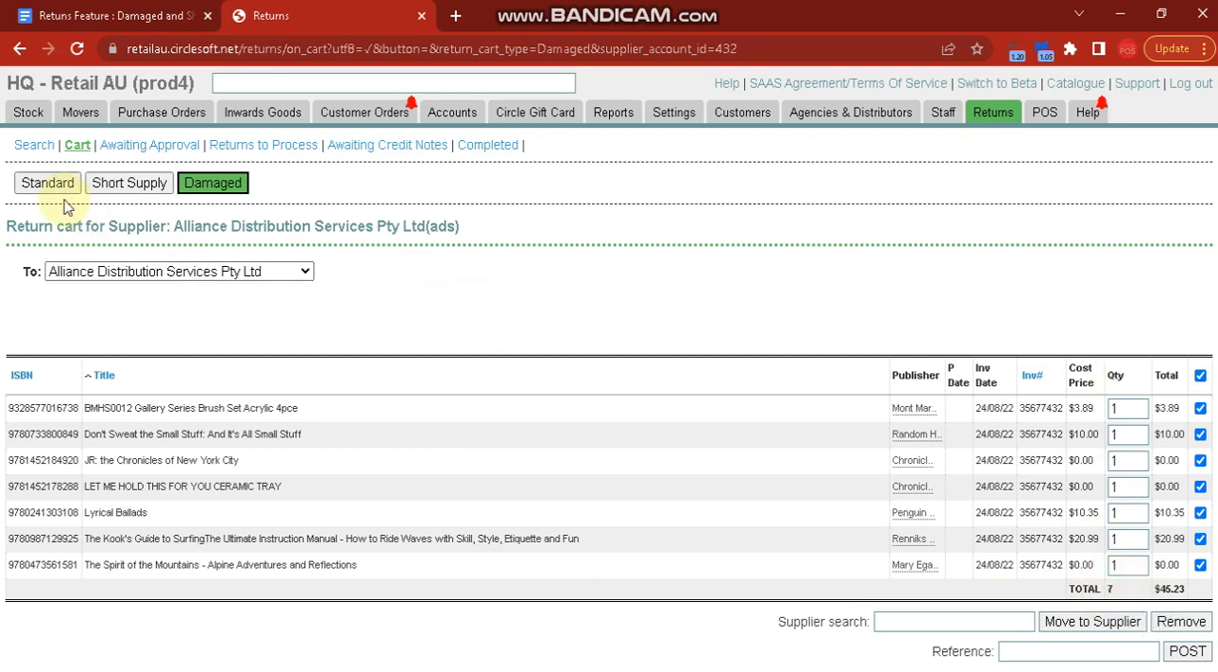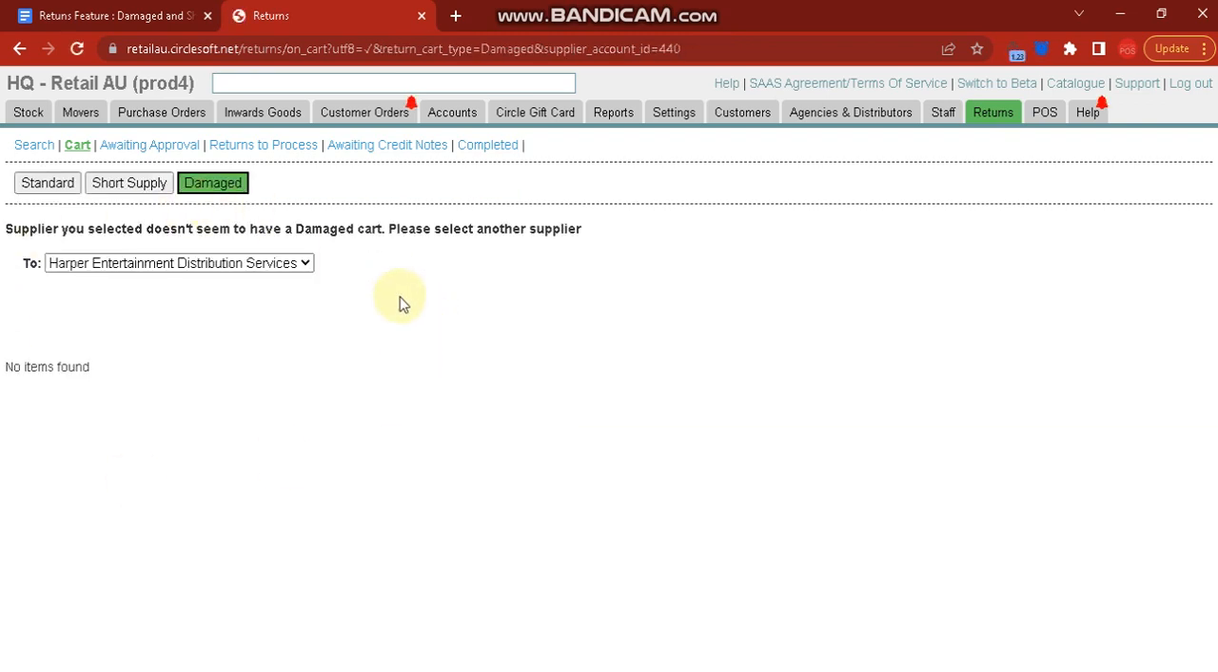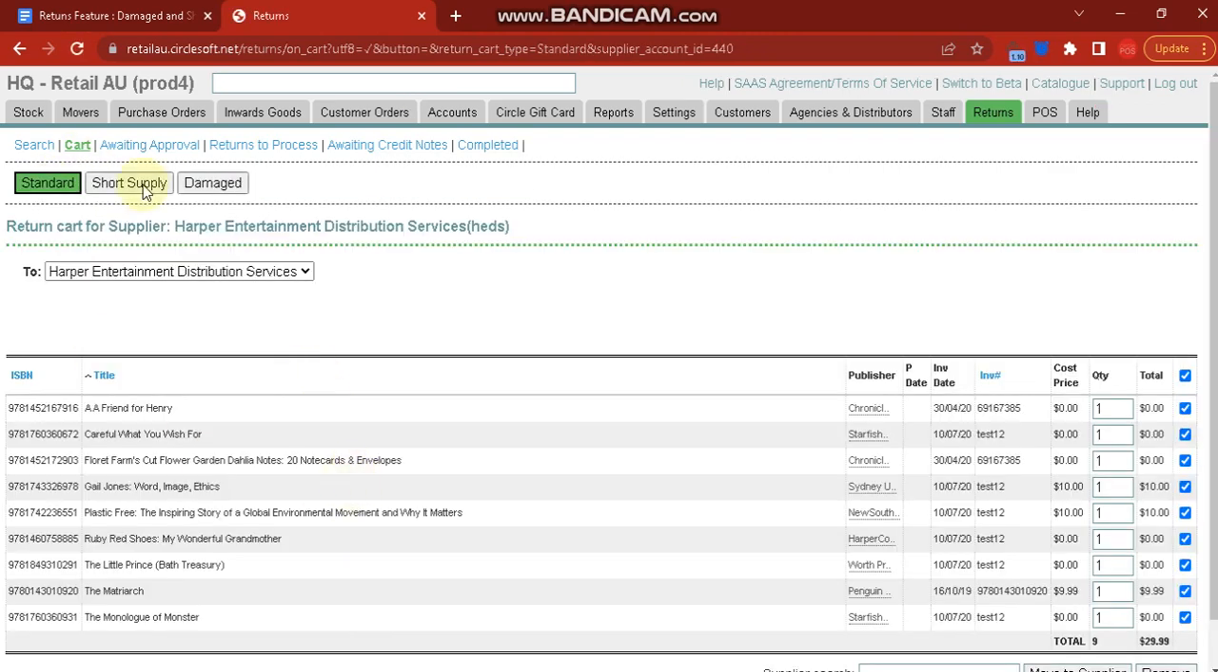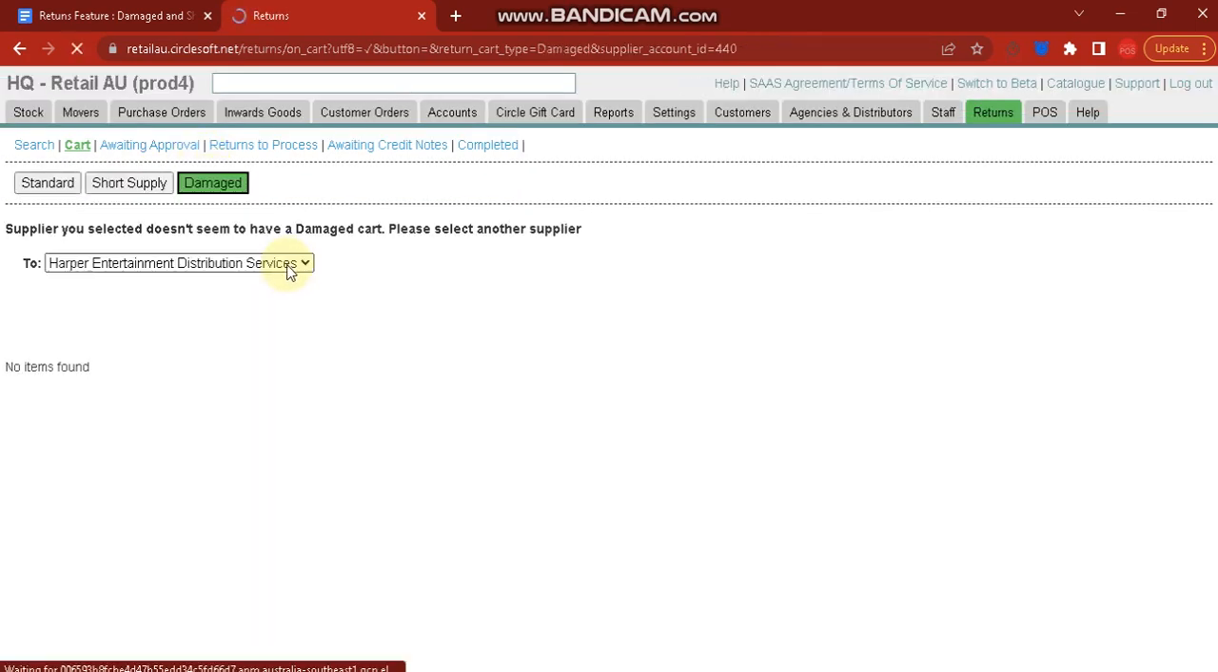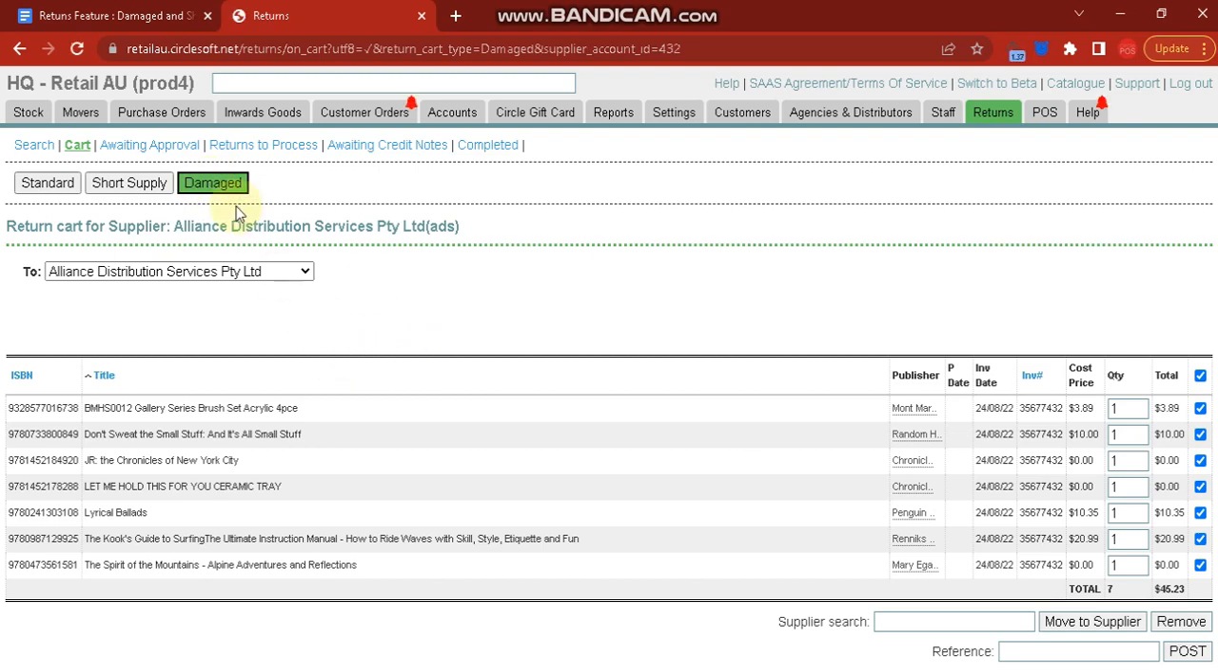So you can switch distributor from here. If there are no damaged titles under Harper's return cart, then you'll see this message. Let's check short supply. Still none. For standard, we have the standard populated, or we have 9 titles listed here. So let's say that we are going to return or request for a damaged,